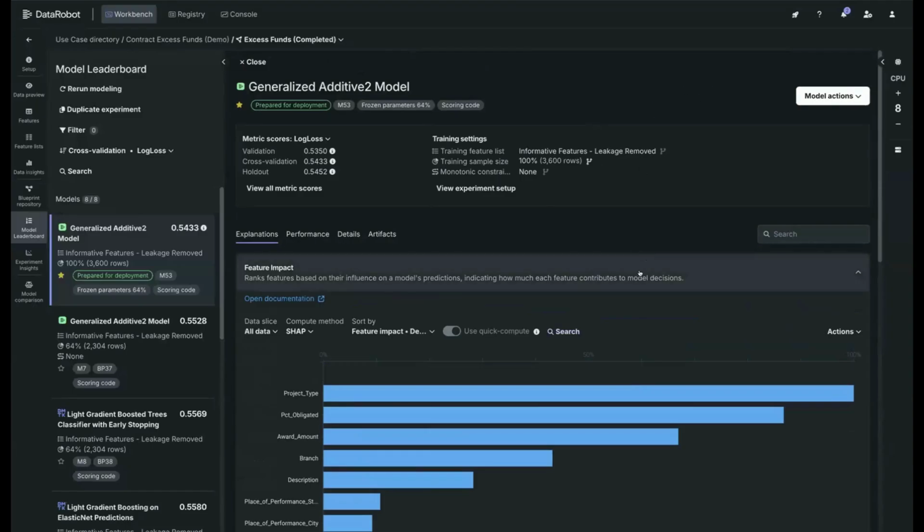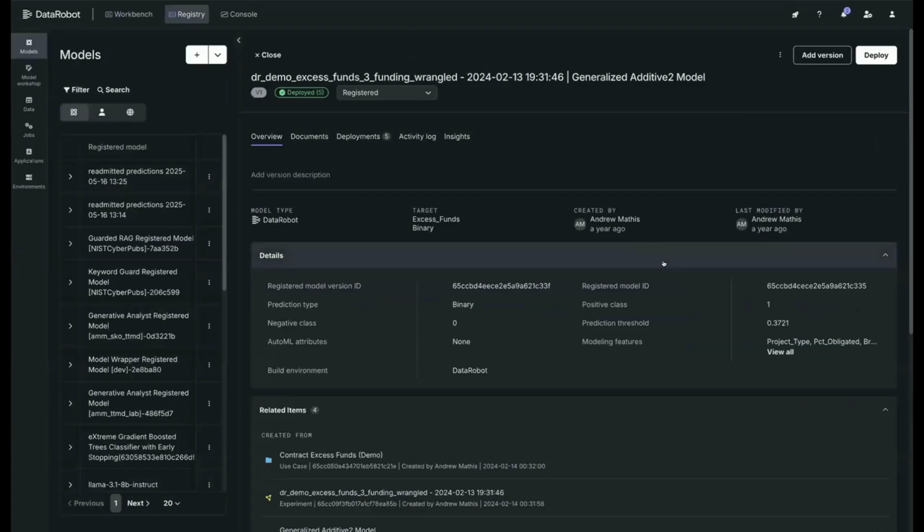Once I've determined that, yes, this is a model I'm comfortable putting into production, with just a couple clicks here, I can register the model. That's going to get all the model's different assets and metadata logged into our model registry, governed. I can then share it with reviewers, and eventually, if everybody's on board, with another click here, deploy that model